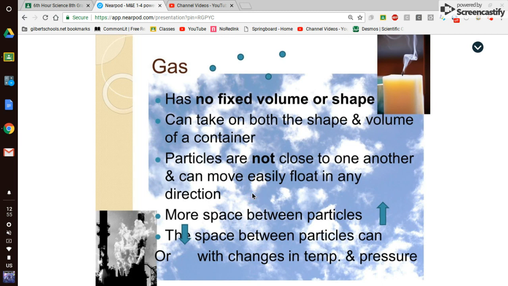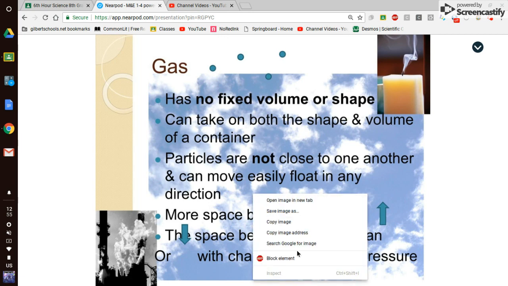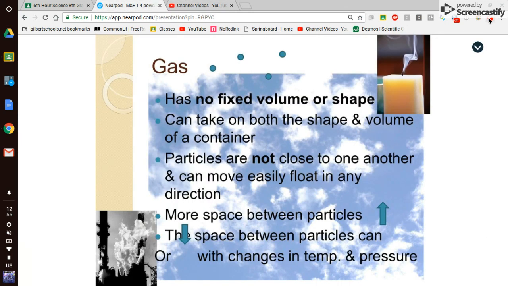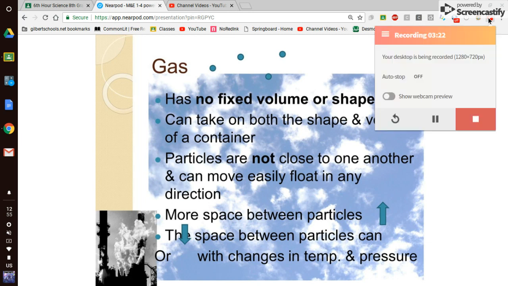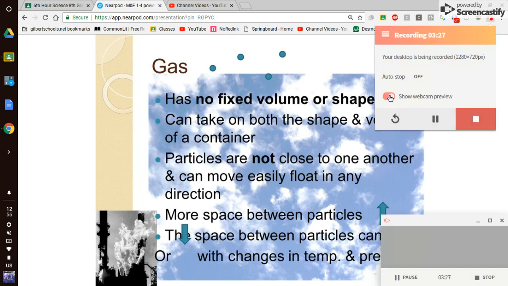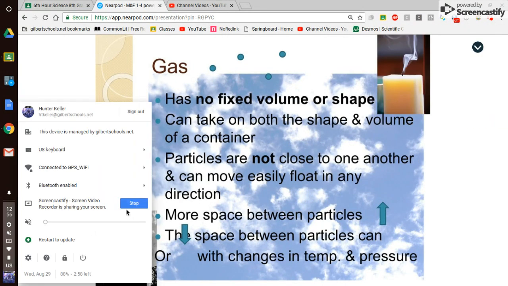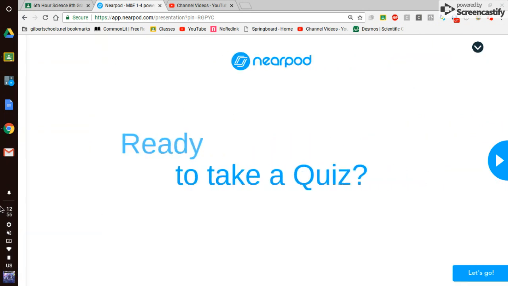Okay, so gases do not have a fixed volume or shape. That gas in the container is a really condensed, purposefully placed gas. Okay, but as soon as you open it up to the free space, that volume that it was in changes. It's going to just go wherever it goes, and it just thins itself out. Okay, so gases do not have a fixed volume or shape. Okay, they travel as freely as they possibly can. All right, 5 questions.